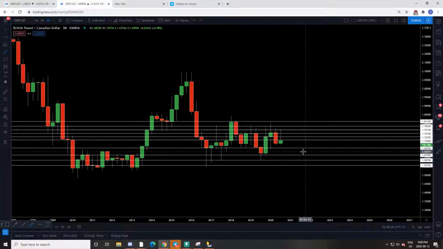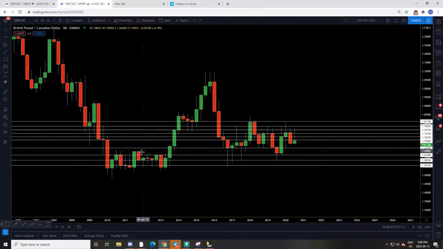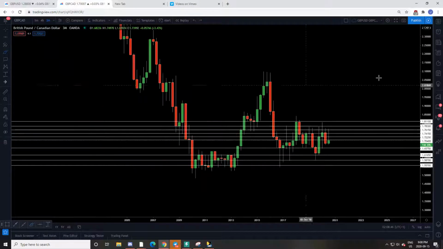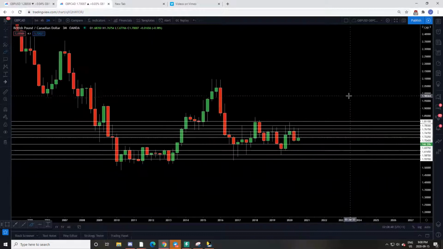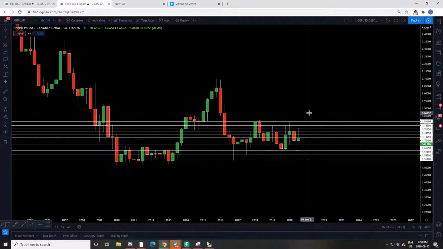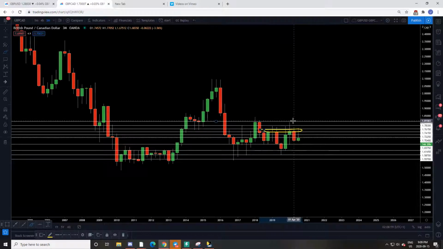And now we just want to map out some more key levels using some of these 3-month candle body conjunction points, and then we'll go down to the monthly time frame. But yeah, it is showing us that Brexit pressure is still evident. Even when we had that market optimism that was giving GBP a bit of a boost, it still wasn't enough to break some of these historical levels you can see from that 2017, 2018 period.